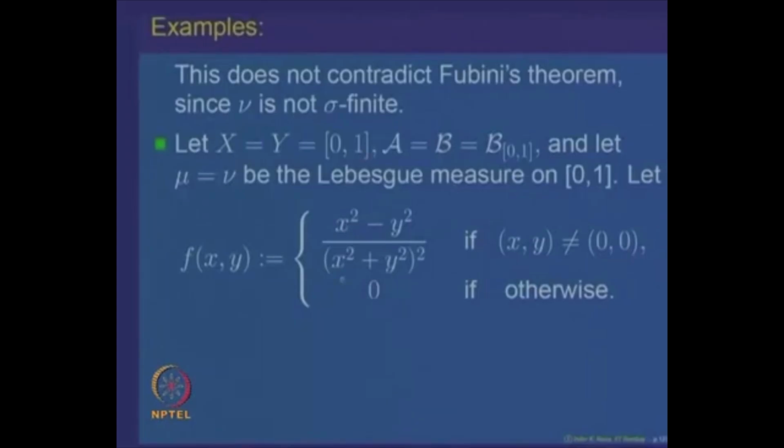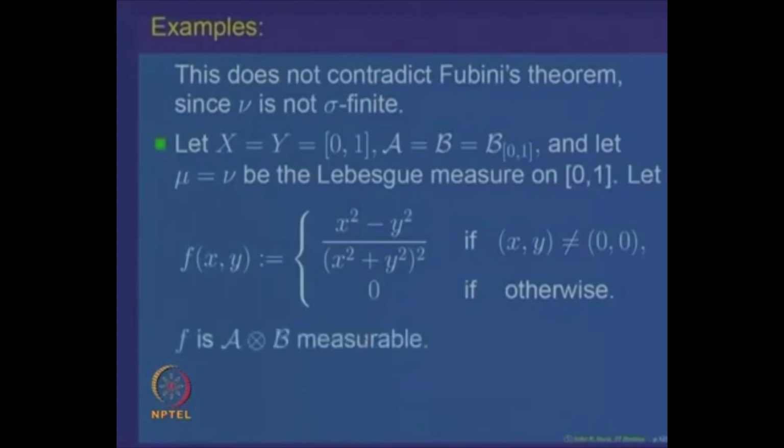Let us define a function of two variables f(x, y) to be equal to (x square minus y square) divided by (x square plus y square) to the power 2, if (x, y) is not equal to (0, 0), and it is equal to 0 otherwise. So, first of all we want to claim that this function f(x, y) is a measurable function on the product sigma algebra. So, for that